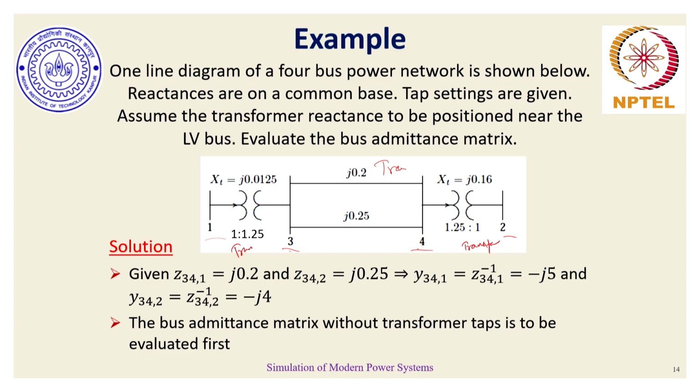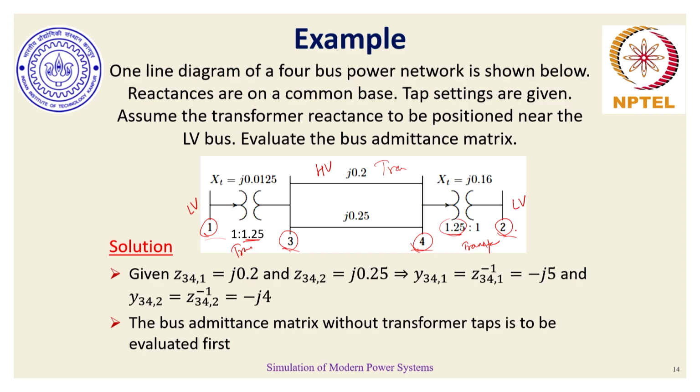Since these transformers have their taps on the transmission network side, I can assume bus 1 to be a low voltage bus, bus 2 could also be another low voltage bus, and buses 3 and 4 are the high voltage buses, because the tap positions are essentially amplifying the voltages at bus 3 and bus 4 compared to the low voltage values at bus 1 and bus 2.